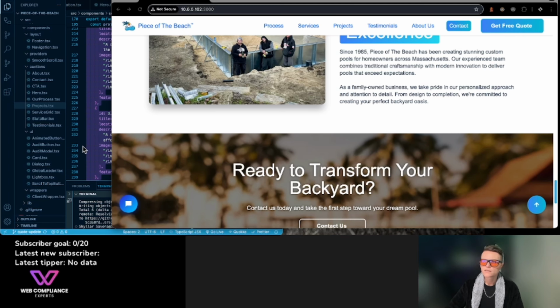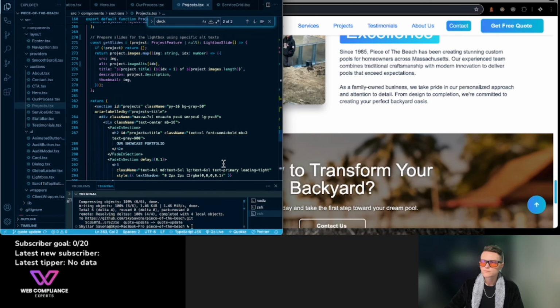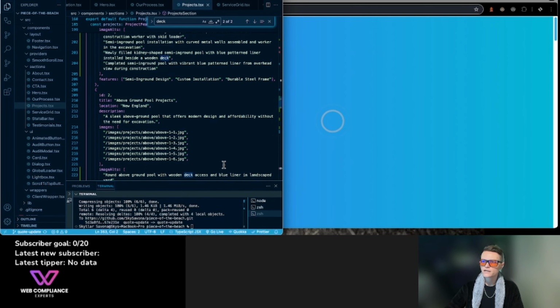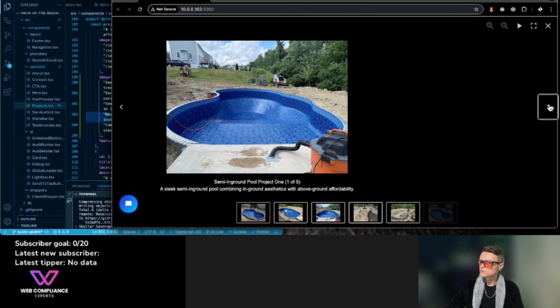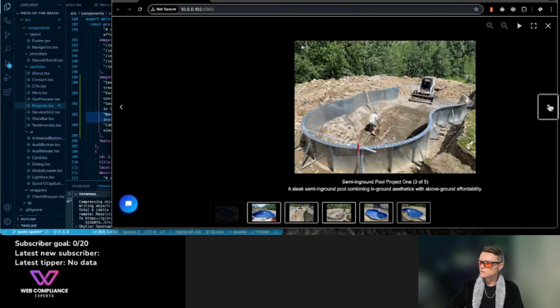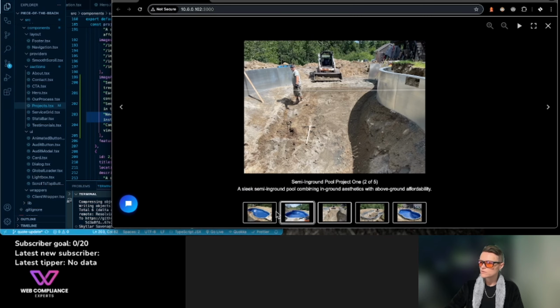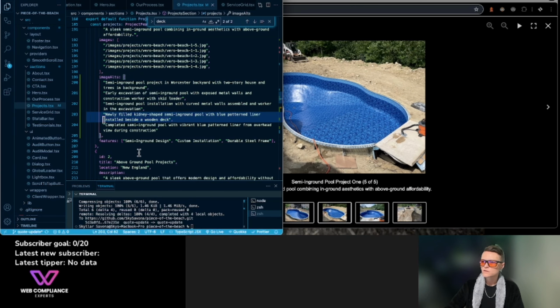Okay. Let's see what it did. I can see it here. So I have images, semi-in-ground pool project in Worcester, 2-story. Trees in the background. Oh yeah, alright. Early excavation and semi-in-ground pool with exposed metal walls, semi-in-ground pool installation with curved metal walls. So then why isn't the caption going to the same thing? Okay, well,